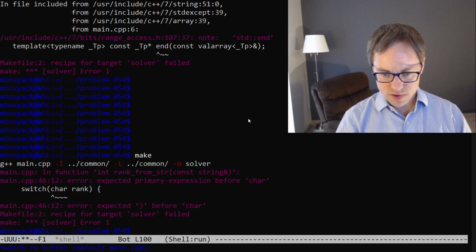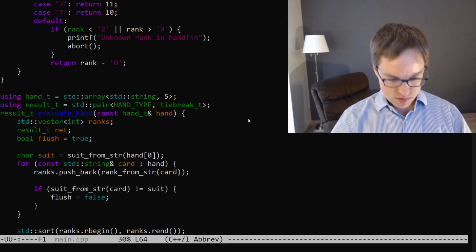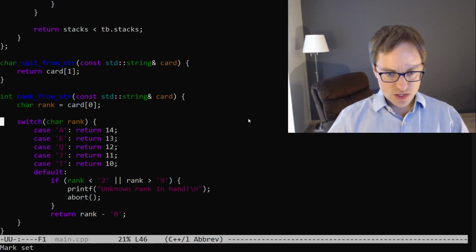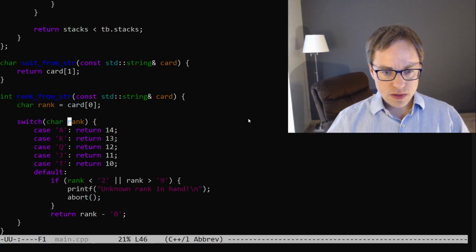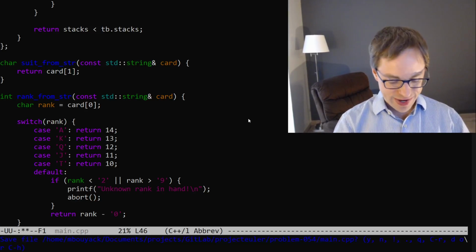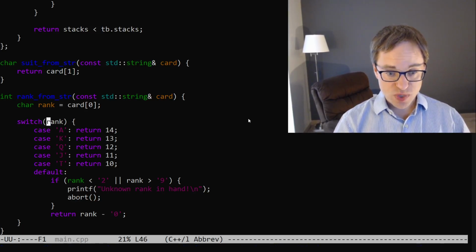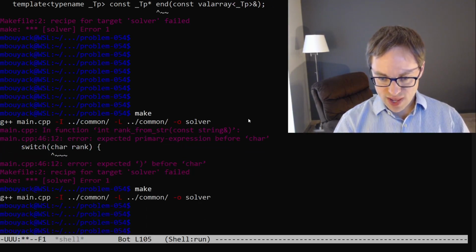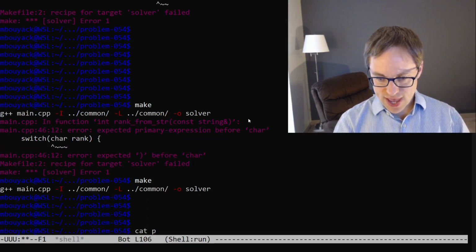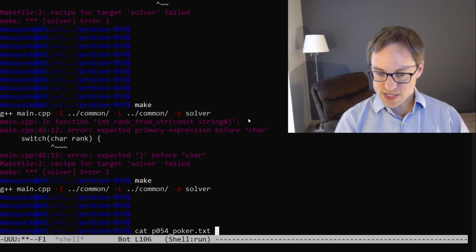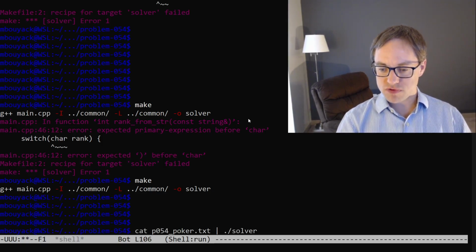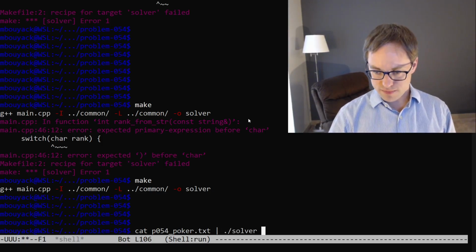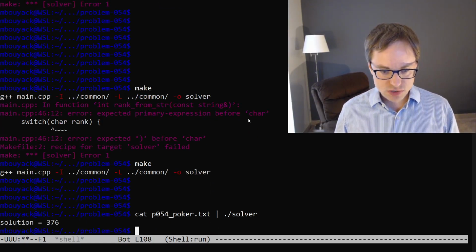Let me take a look. Okay. Oh, we're not declaring rank. We're just switching on the value of rank. Okay, we have that. Let's do cat p054_poker.txt and pipe into solver. So this will allow us to read the contents of that file from standard in. Okay, we have solution equals